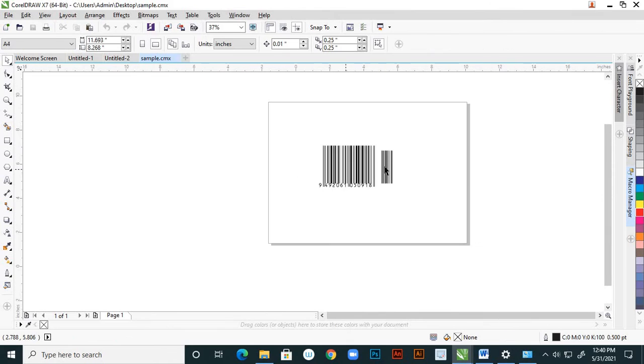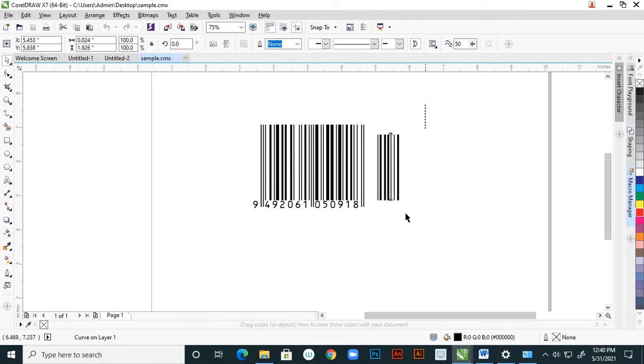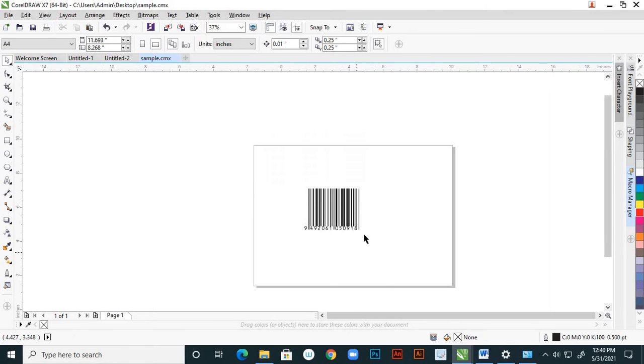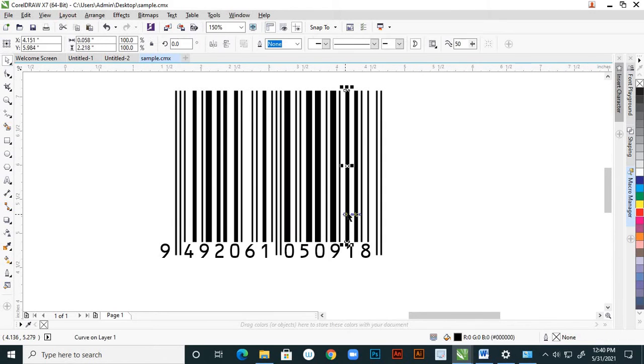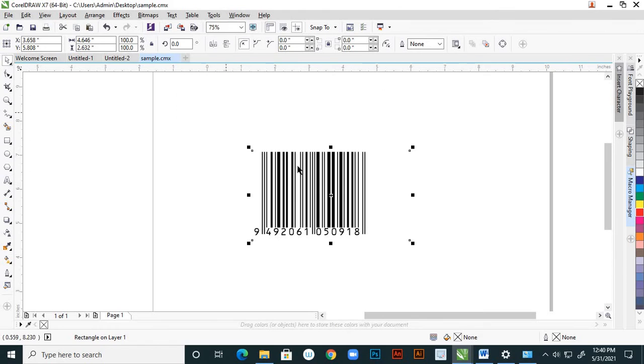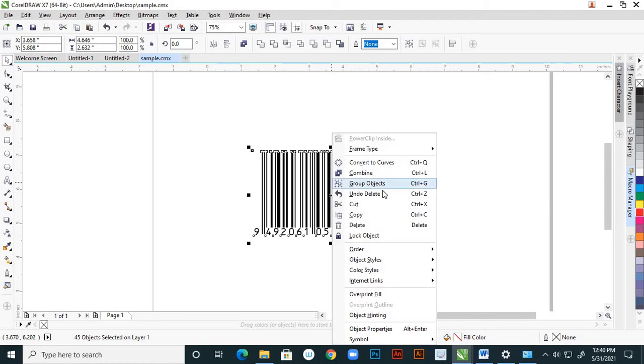Yes. So now you can simply delete this. Now what you do, you can select the entire thing, right, and group objects.